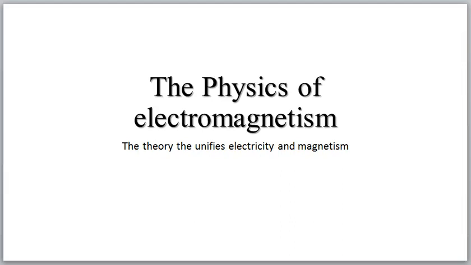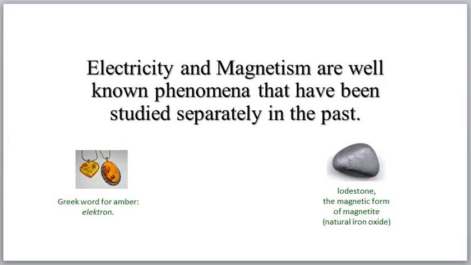The physics of electromagnetism. This video is an overview of a course on the physics of electromagnetism, which is the theory that unifies electricity and magnetism. No doubt you're familiar with at least some aspects of electricity and magnetism. Historically, they were studied separately in the past. Both of these phenomena are known for their ability to exert forces on objects at a distance, or a non-contact